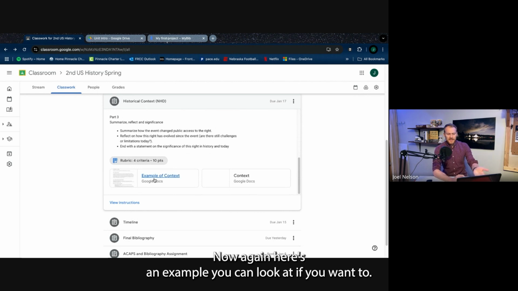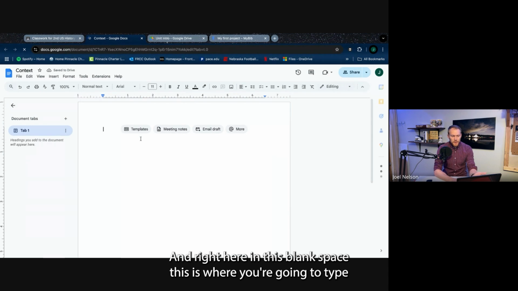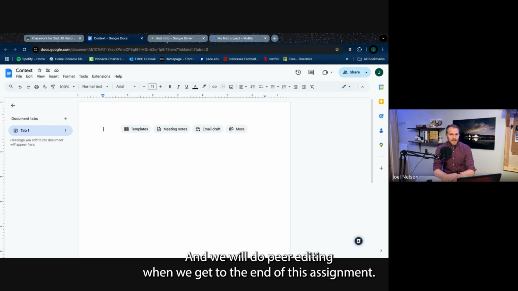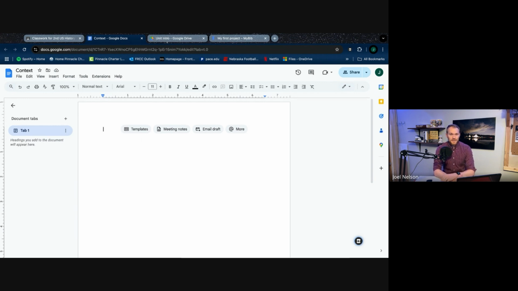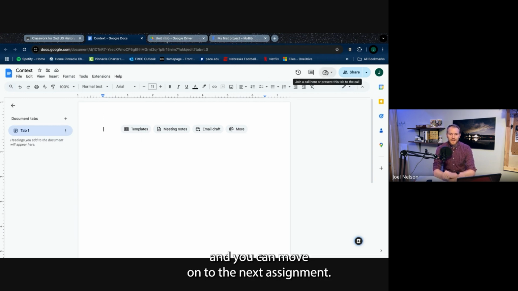Now, again, here's an example you can look at if you want to. And right here in this blank space, this is where you're going to type your context. It's important to spell check when you're done, and we will do peer editing when we get to the end of this assignment. Once you are done, hit the turn in button at the top of the screen, and you can move on to the next